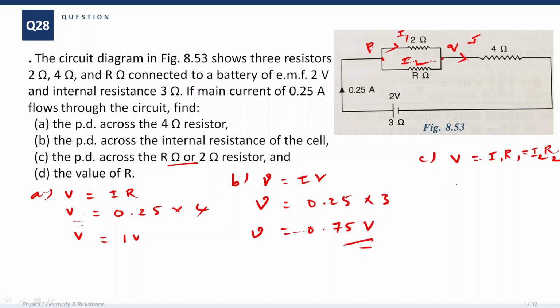Then I1 as it is, resistance 2, equal to